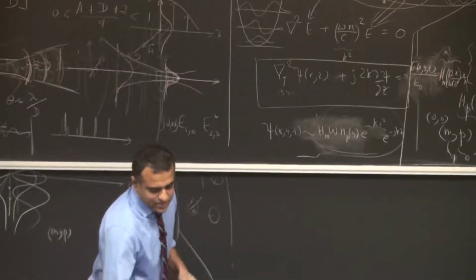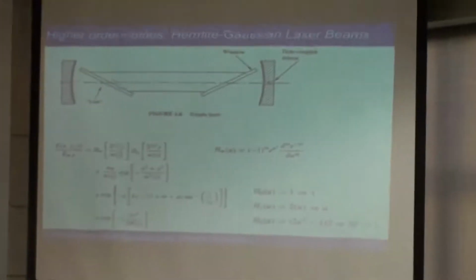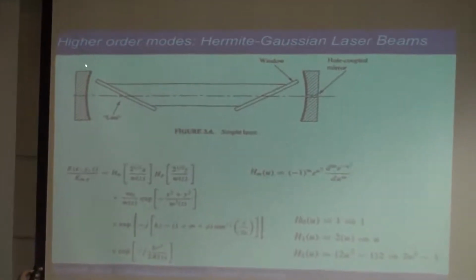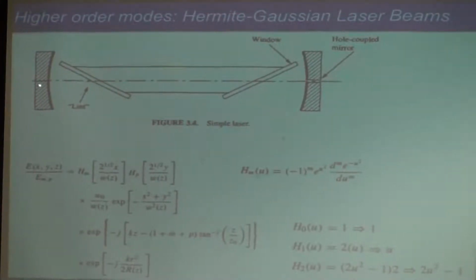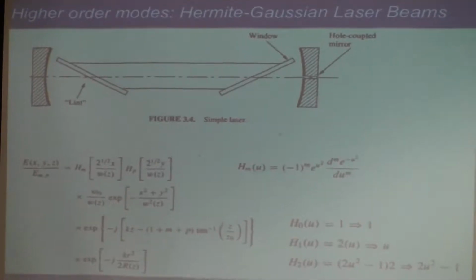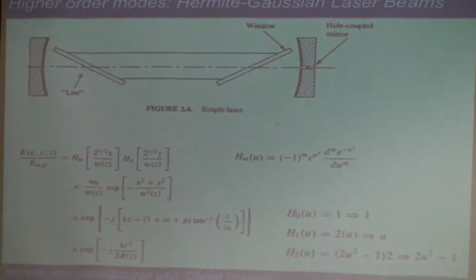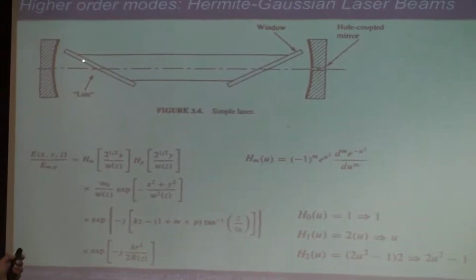First things, there are very simple things why this may become useful. This is some made up, not really made up. People actually had to deal with these issues. If you have mirrors and you have this Brewster angle gain medium, and let's say there's some defect right in the middle of your Brewster angle, and the Gaussian beam has this maximum intensity at the defect, that's a bad idea because it will absorb a lot. And so sometimes you want the beams not to go through the middle. That's kind of a little made up. You can clean this up and all that.